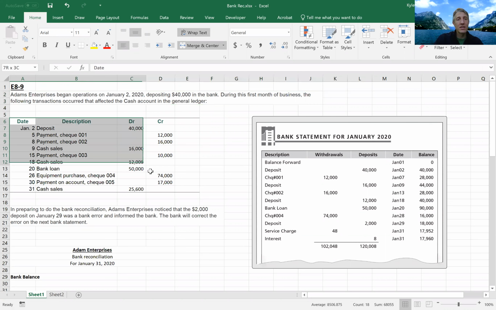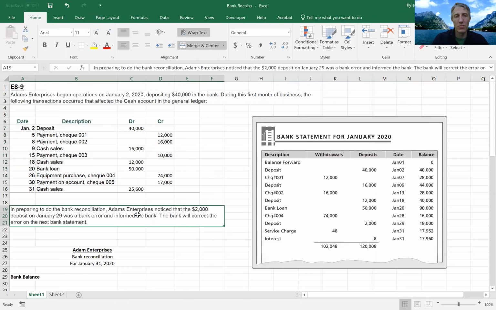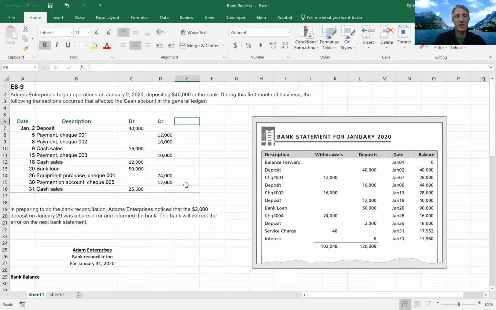And so we have these general ledger transactions here, and they're all cash specific. And then what we need to do is a bank reconciliation. And we're given a bank statement, and that is right here. So just to start this problem, even before I figure out what a bank reconciliation is or why I have to do it, I'm going to try to figure out what the cash balance is in the general ledger. I'm going to create this balance column over here, and I want to figure out just what is the